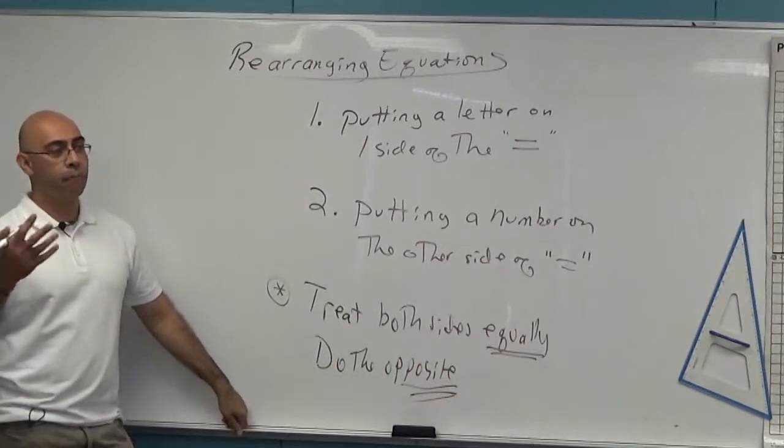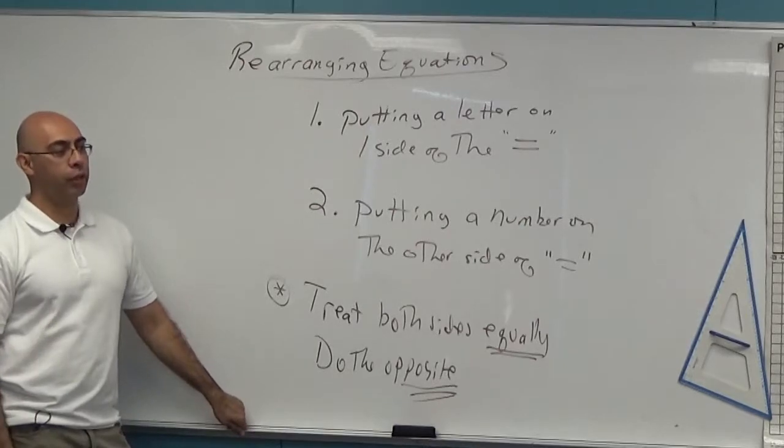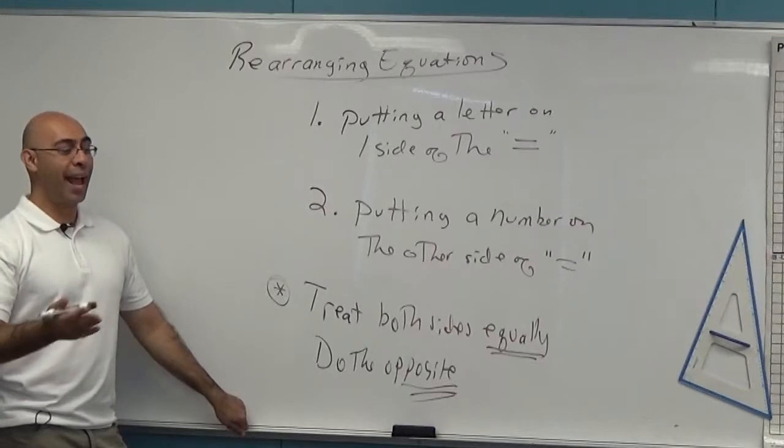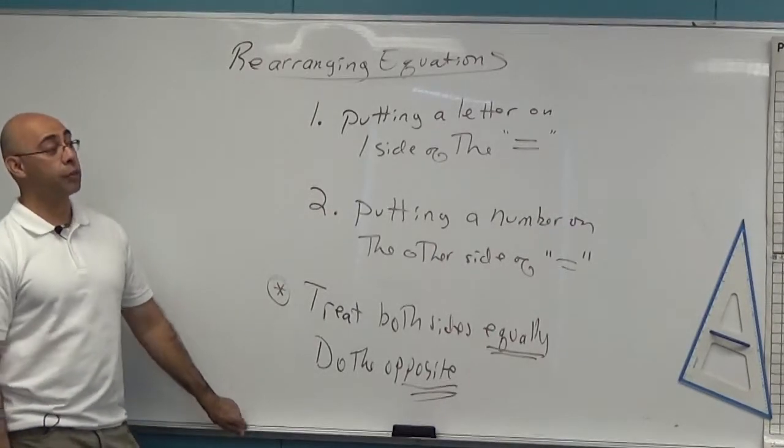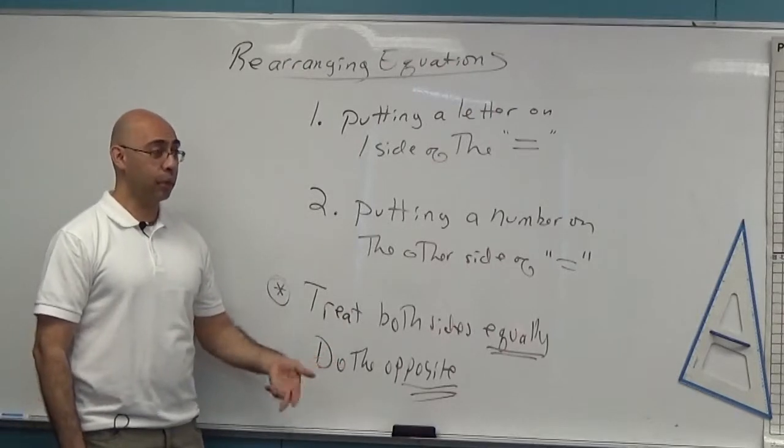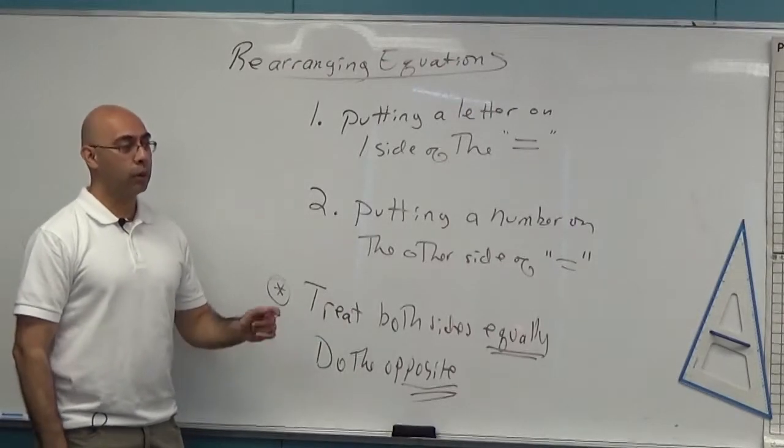That means if you see something being multiplied, but you want to get rid of it, what should you do? Divide. If you see something being added, what do you do to get rid of it? Subtract it. If you see something being divided, but you want to get rid of it, what do? Multiply. So when I have a problem like this,